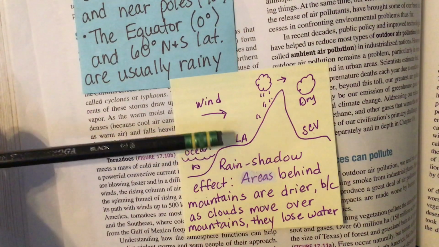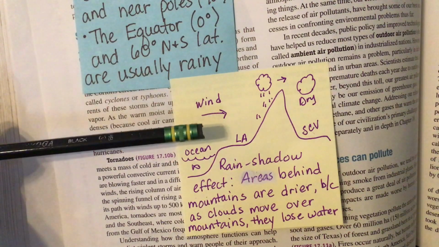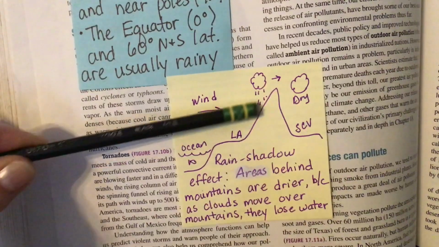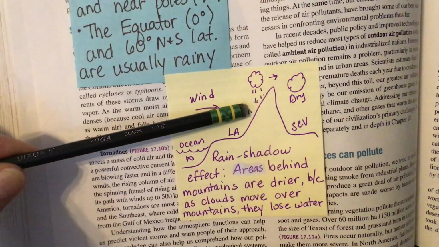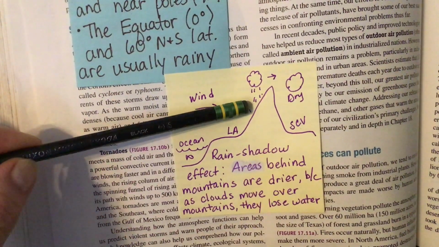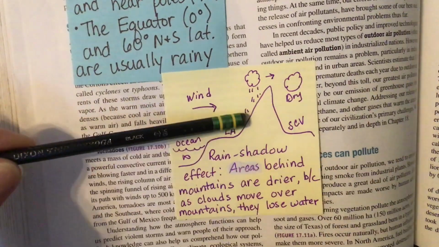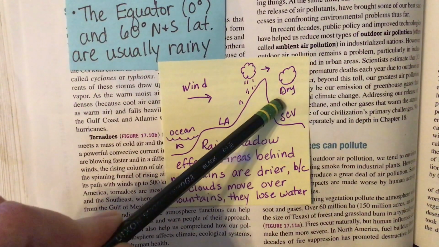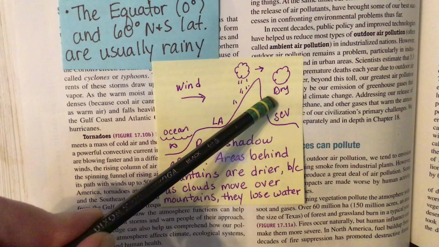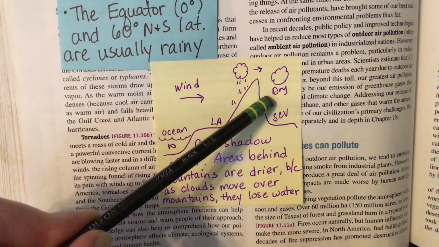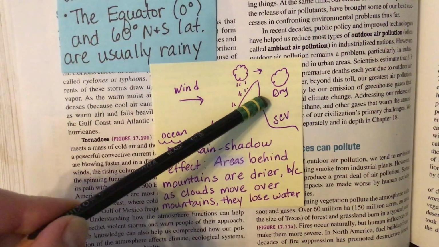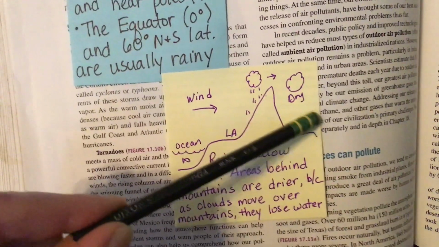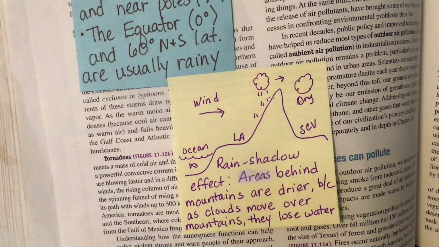It's one of the reasons, if you know anything about the Sierra Nevada mountains, on this side of the Sierra Mountains is Yosemite National Park, Sequoia National Park. They have a lot more rain. And then over here on the eastern side of the Sierra Mountains is Mammoth, and it's a lot drier in Mammoth. Now, Mammoth gets snow, but right behind Mammoth is Death Valley National Park, which is a